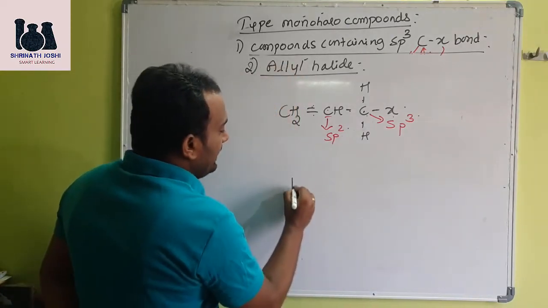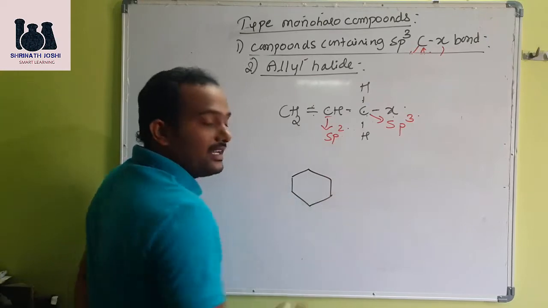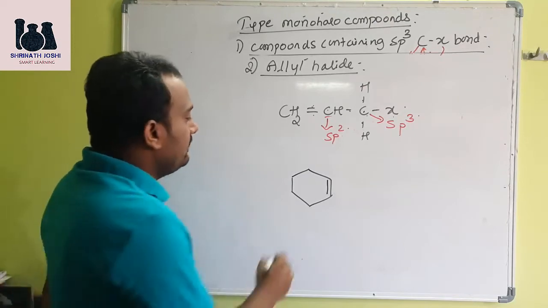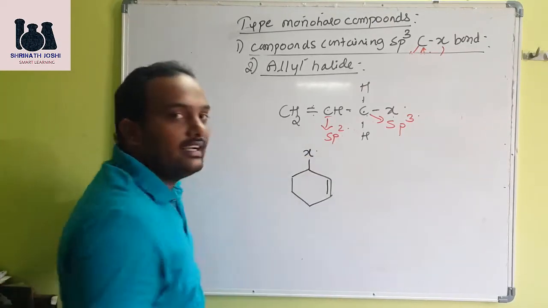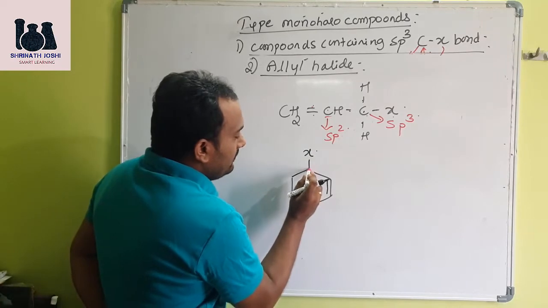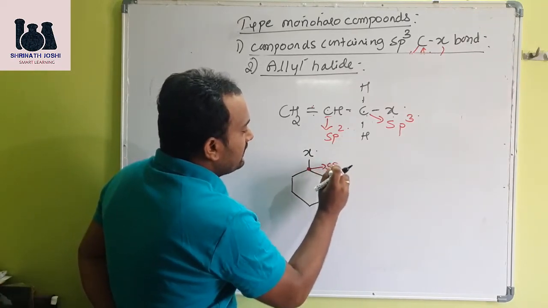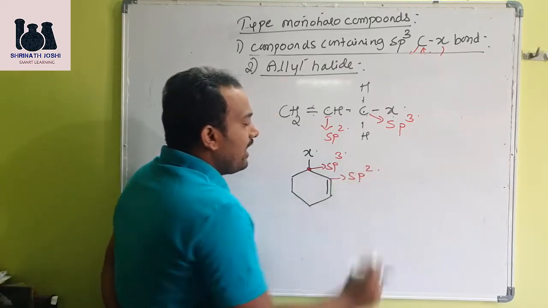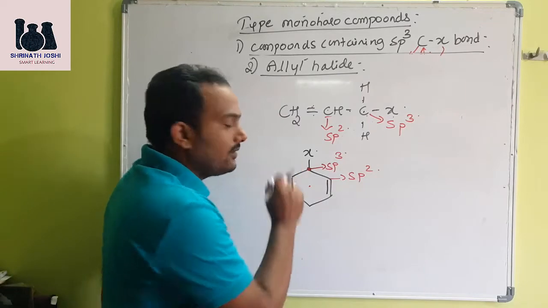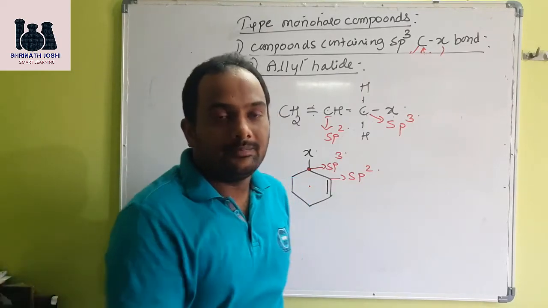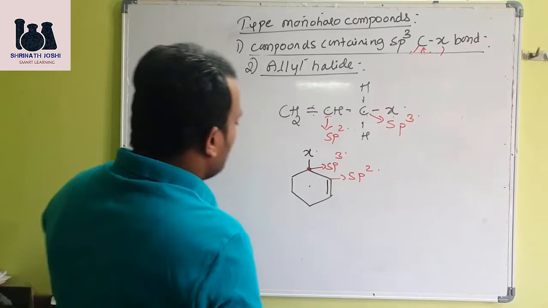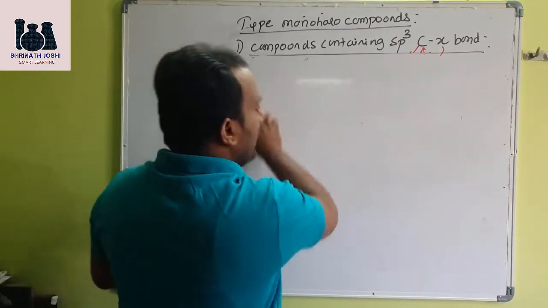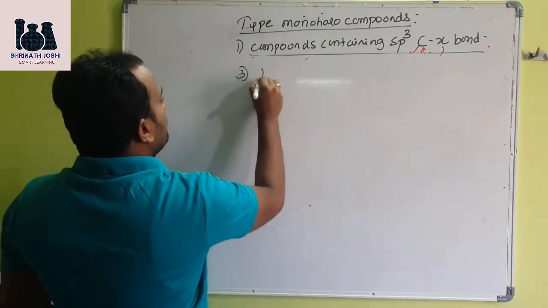One more example I write. 6-member ring. Every 6-member ring is not a benzene. This is cyclohexane. If I insert a double bond, then it becomes cyclohexene. Now to this one I will attach one halogen, that is X. Look into this carbon atom. This carbon atom is sp3 hybridized, but the next adjacent carbon is sp2 hybridized. According to our concept, even this is also supposed to be called as allyl halide only. Then moving on to the next concept of this lesson, or the next part of the classification of sp3 hybridized, we have this third one, we have benzyl halides.